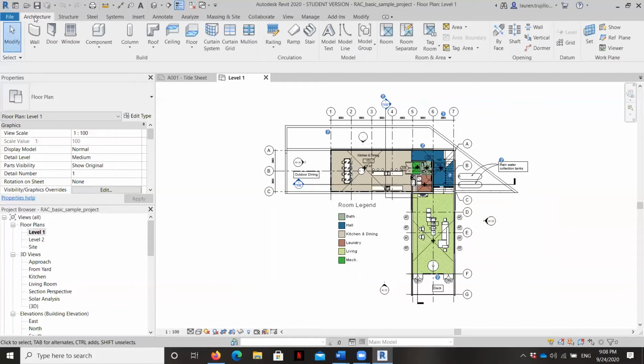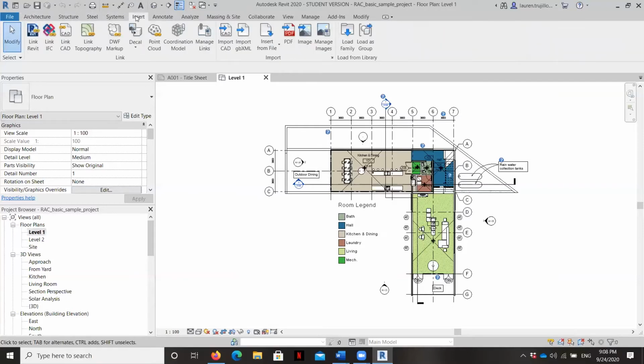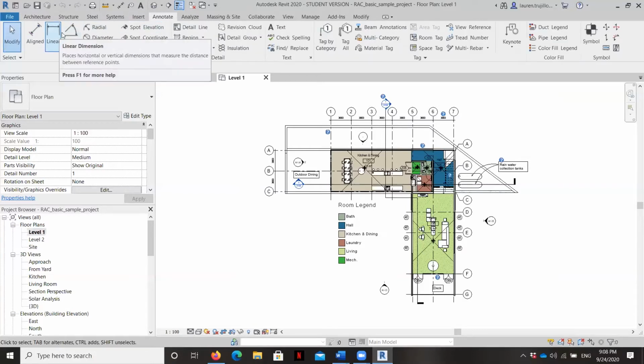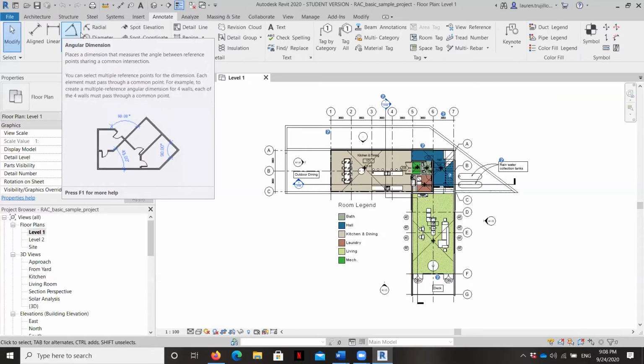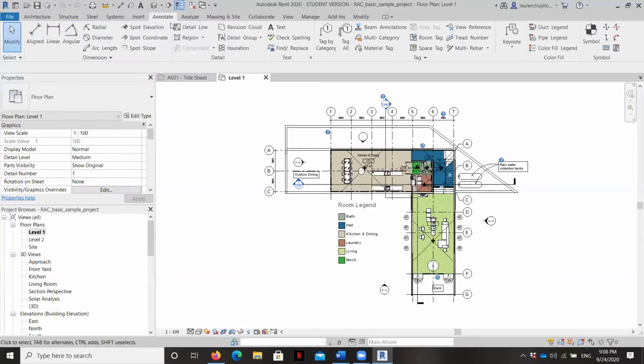But if you want to build things, they're going to be in the Architecture tab. And so I'll often refer to saying, okay, we're going to draw a wall now. So go to the Architecture tab into the Build section, and there's all the building commands. Circulation. So if we're going to draw stairs, it would be in the Architecture tab in the Circulation section. So we'll be using the Architecture tab a lot. We'll be using the Insert tab just a couple of times. We'll be using a lot of the Annotate tab, because this is where we add annotations of all different kinds to our drawings and sheets and views.